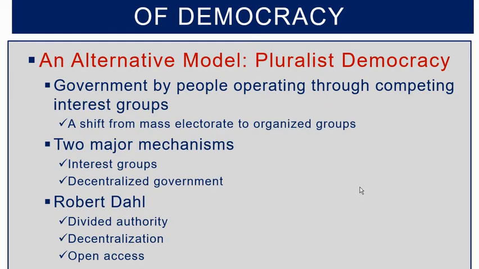The pluralist model of democracy, however, is government by the people operating through competing interest groups. This is a shift from mass electorate to organized groups. The two major mechanisms of pluralist democracy are interest groups and decentralized government. Well, you remember our founders created a decentralized government. You have the federal government in Washington, D.C., but you also have 50 state governments plus the local governments in your counties and your cities and your towns and your school boards and your hospital boards and your water boards and things like that. Very decentralized government where people make decisions on a local level more so than on a national level. You also have interest groups that help people